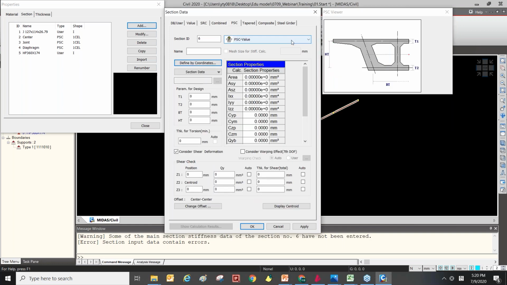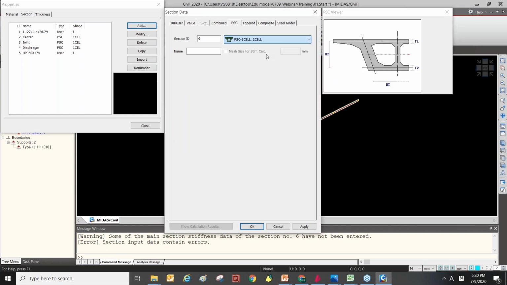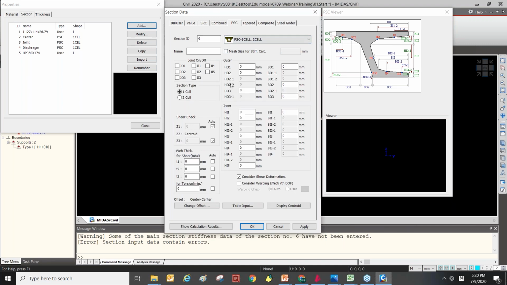So let's see. When you use a template section, we can see a lot of options to define the section shape. But if you plan to do analysis only, because Midas Civil has an analysis function and a design function, but sometimes we want only the analysis function.